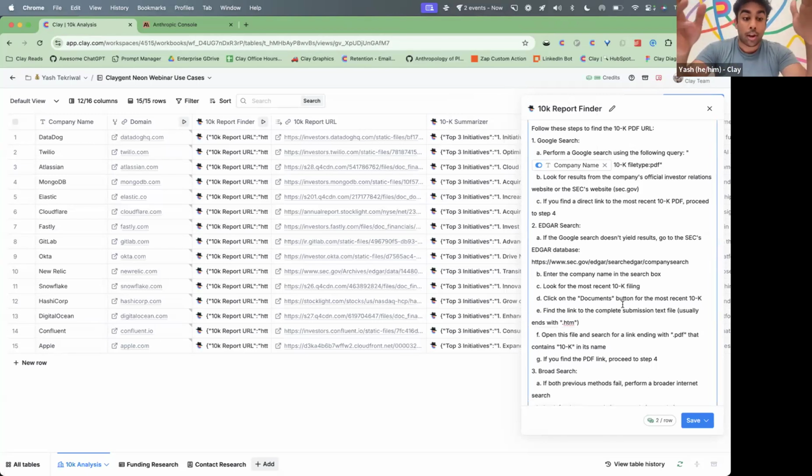So I know exactly how I would go manually find 10K PDF URLs with reliable results if I were to just go do this myself. I'm going to take that process and turn it into instructions here for Claygent. So if I was going to instruct someone on my team to find 10K URLs for all these companies,